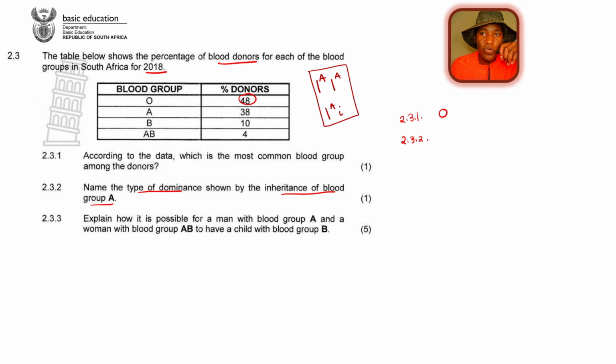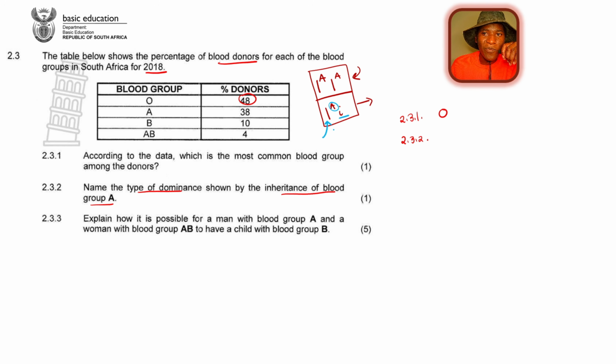So now they want to know what type of dominance is being displayed here. Whenever they say the type of dominance or the type of inheritance, it implies absolutely the same thing. So in this case, this one we disregard because we've got the same type of alleles. Of course, these are dominant, but if you look at this one carefully, we have got one dominant allele and another one is recessive. In this case, the dominant one is this one, I with an exponent of A, and then you have got a small letter i.